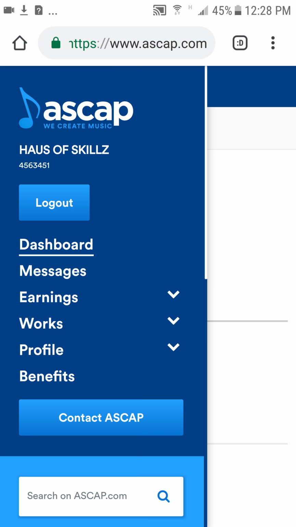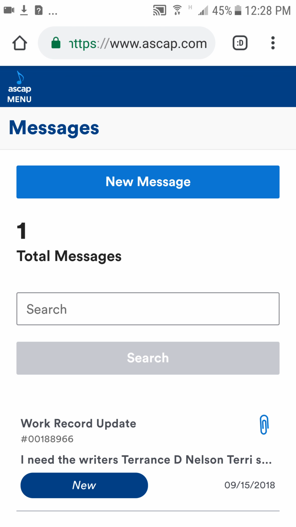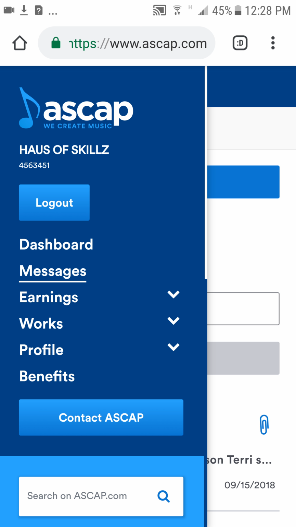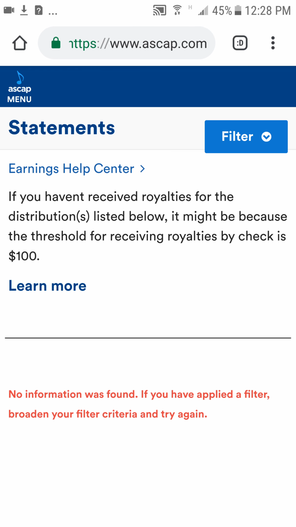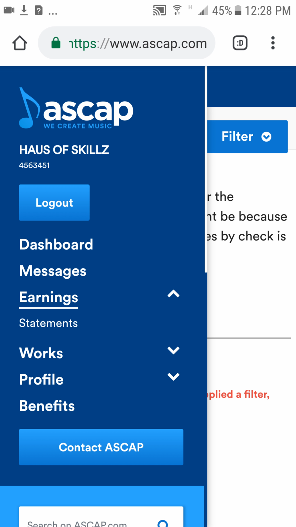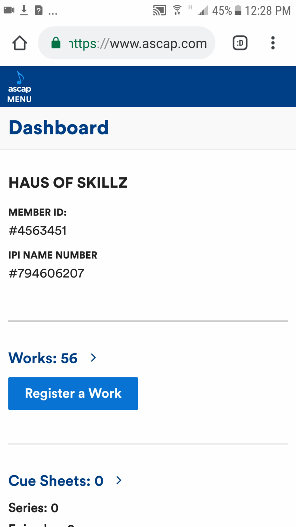If you ever want to get a hold of them, you have to go through here when you get logged in, and you can tell them any kind of information you need to update. And you have your earning report. I don't have anything in there, but you have to have 100 in your account before they cash you out. And then, yeah, that'd pretty much be the main rundown of it. But if you have a question, let me know, and definitely get registered with them. That way you can make more money off of your product.